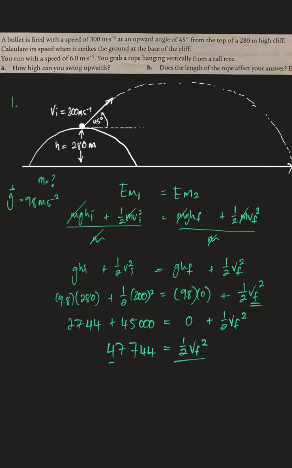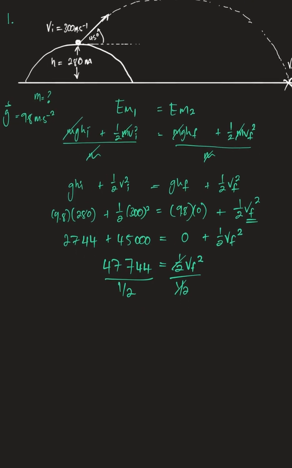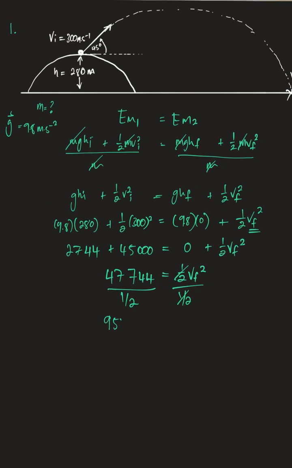Now I need to get rid of the half, so we're going to divide both sides by a half. And this will cancel. I'm going to be left with 95,488, which is equal to VF squared. But remember what I said, I don't want squared. So I'm going to square root both sides. And this is going to cancel out. VF is actually going to be the square root of 95,488, which is 309.01 meters per second in the direction of motion